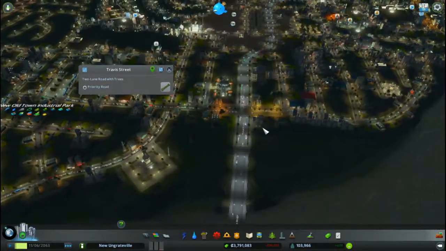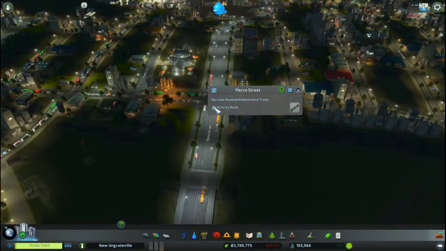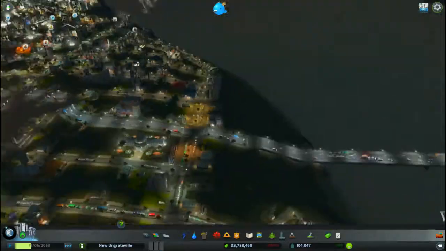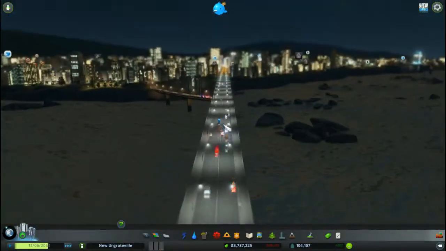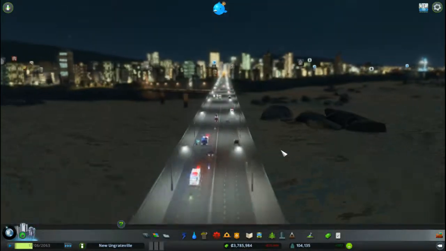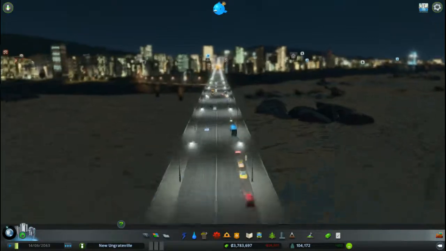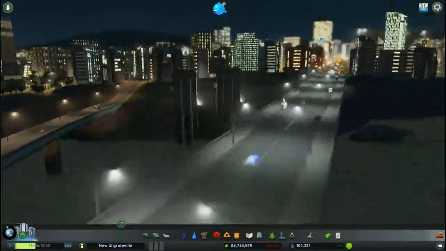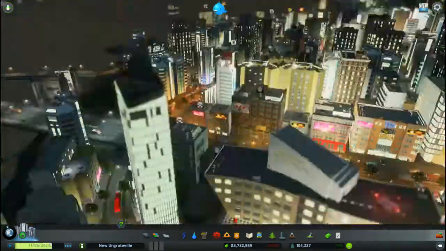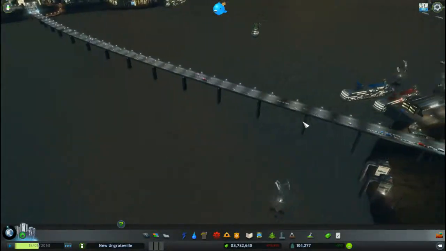You know what? How about we make these guys a priority road? 6-lane Pierce Street. I forgot all about you guys. Yeah, look at all of you guys buzzing down. Oh my god, these ambulances are racing. Freaking ambulance race. Oh man. Either way, I'm so glad that this highway's actually getting used, because I was tired of basically everyone crowding up